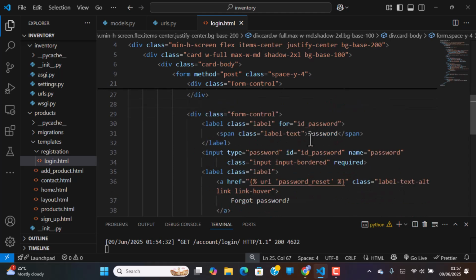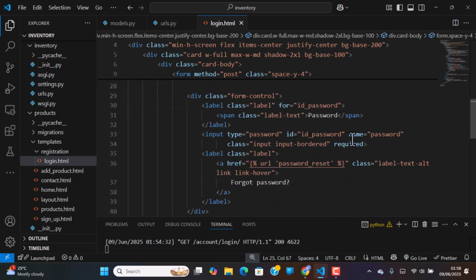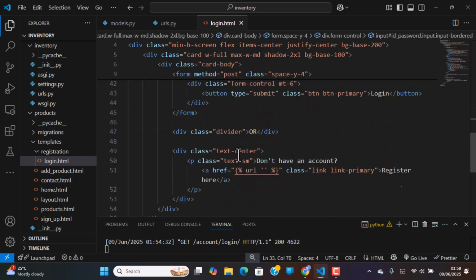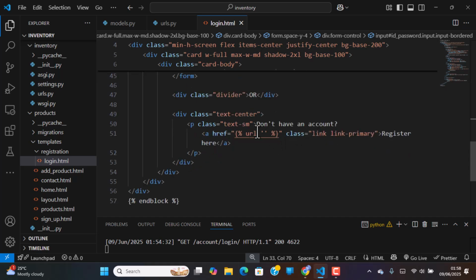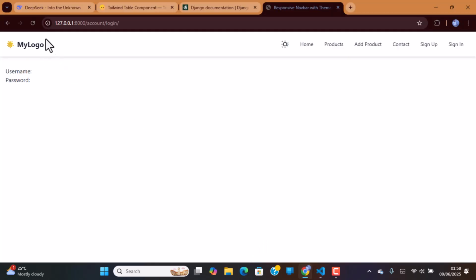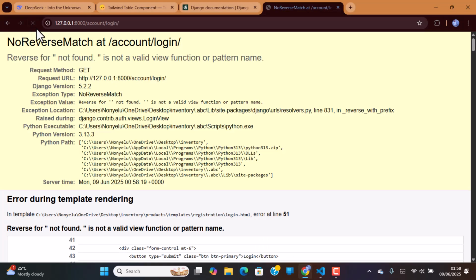And then for the password is going to be password. And that's all I did here. Okay, so these ones are alternative buttons that can take you to the registration page, but for now we can leave it this way. So if I should go back to my login and refresh, it says no reverse match